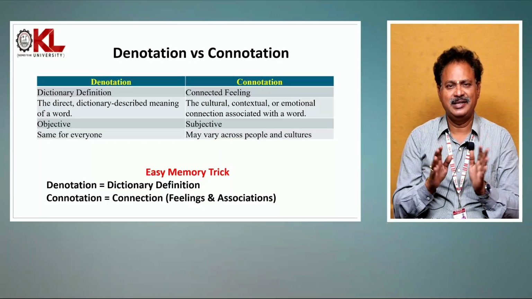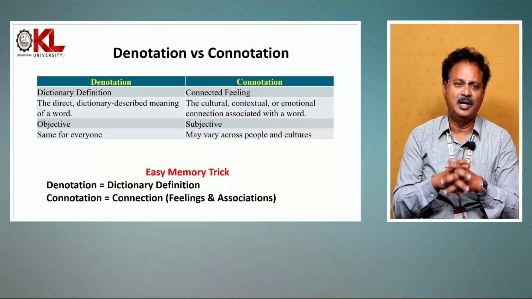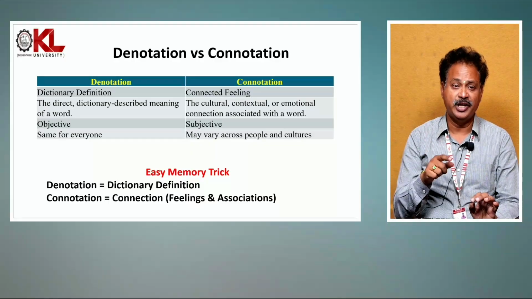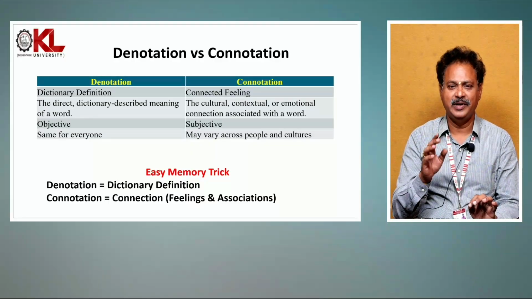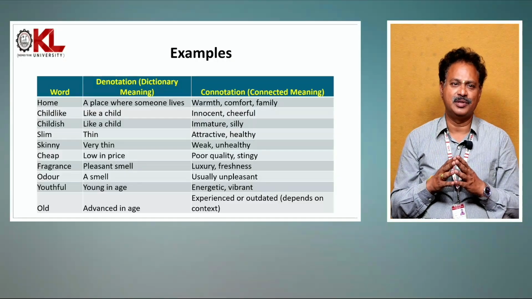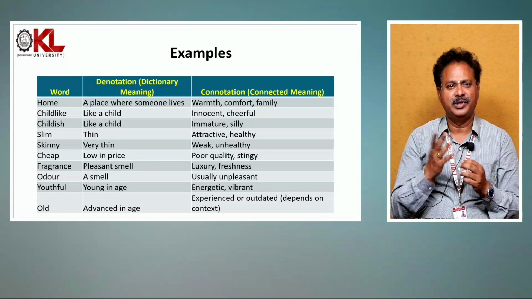Now let us have an easy memory trick here. Denotation is dictionary meaning, DDD. Connotation is connection. It talks about feelings and associations. Now look at the examples. Home, dictionary meaning is place